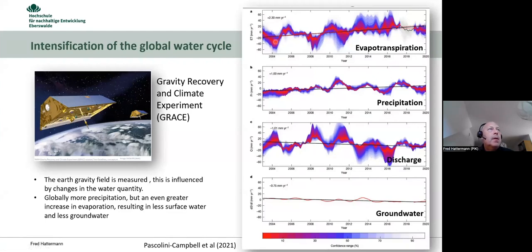And what you see is that globally, do you see my pointer? That globally evapotranspiration increased quite steeply, because 70% of the surface is water. And precipitation also increased, but not as fast. And of course, the difference is then the drying up of the continents. For example, discharge, or runoff, water availability in surface waters, decreased globally. These are all global means, and also groundwater. We have less groundwater stored in the continents and in the land surface.